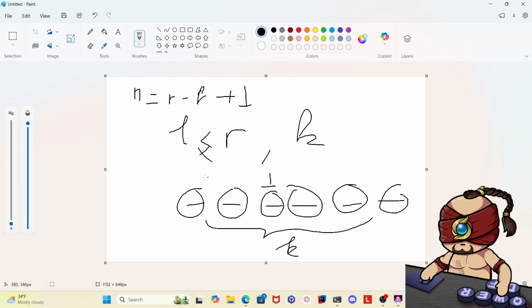Every other digit has n options, right? So okay, let's do 2 for better illustration. So the total sum will be 2 times n to the k minus 1